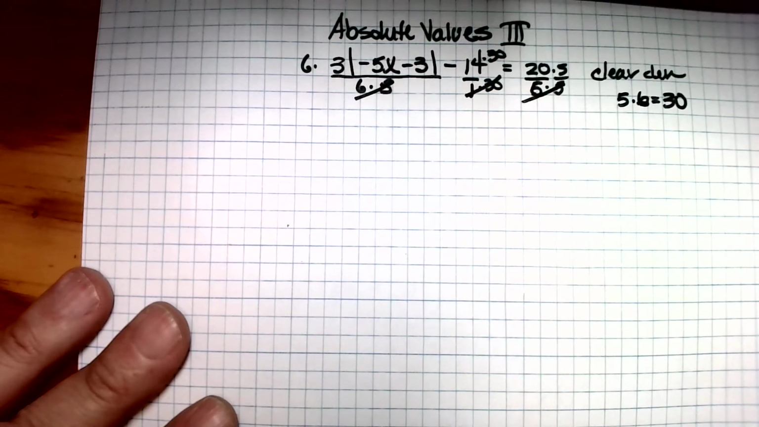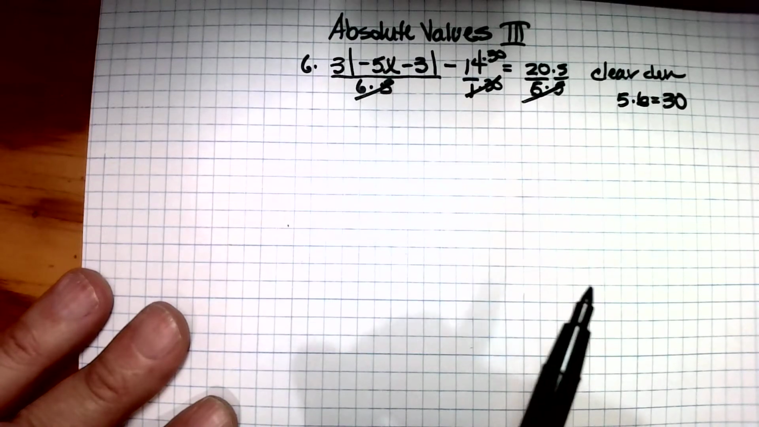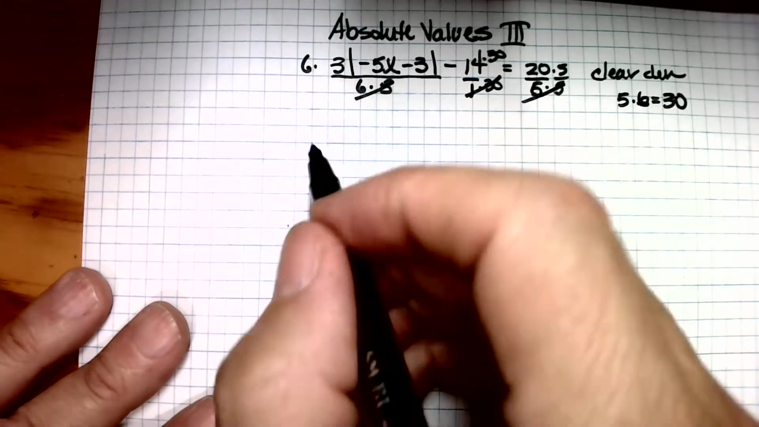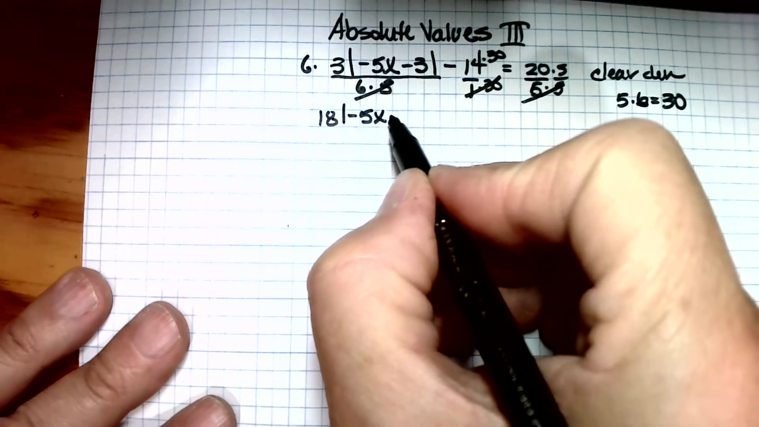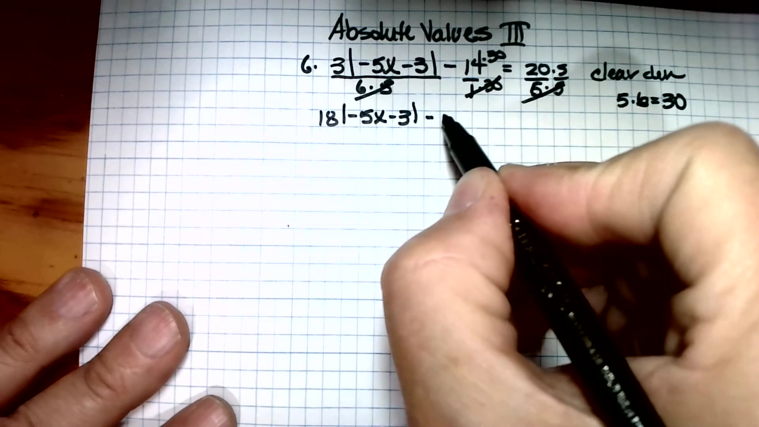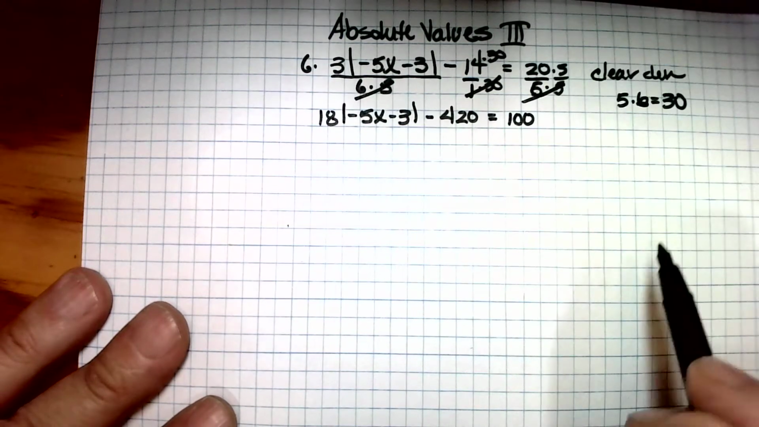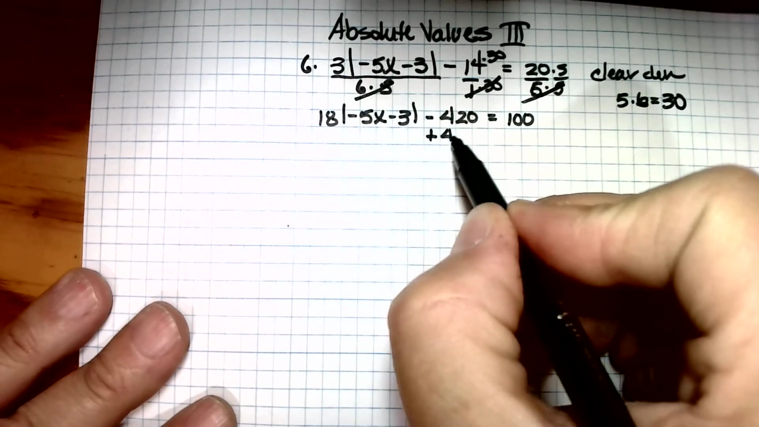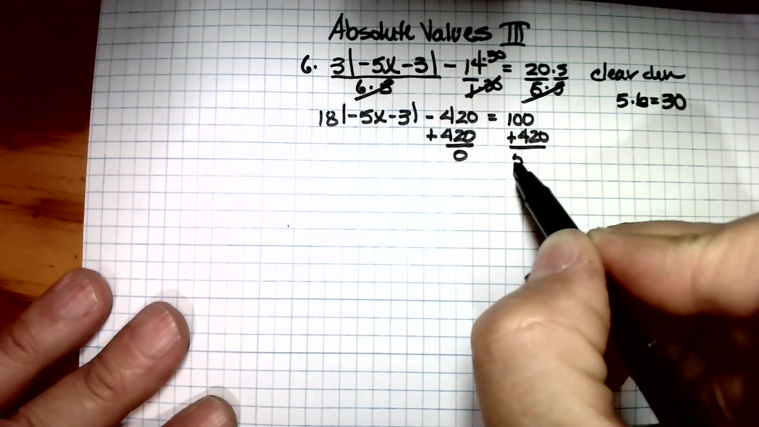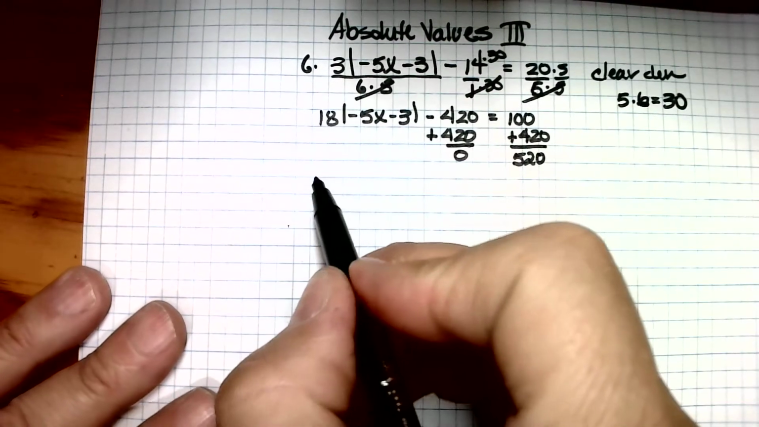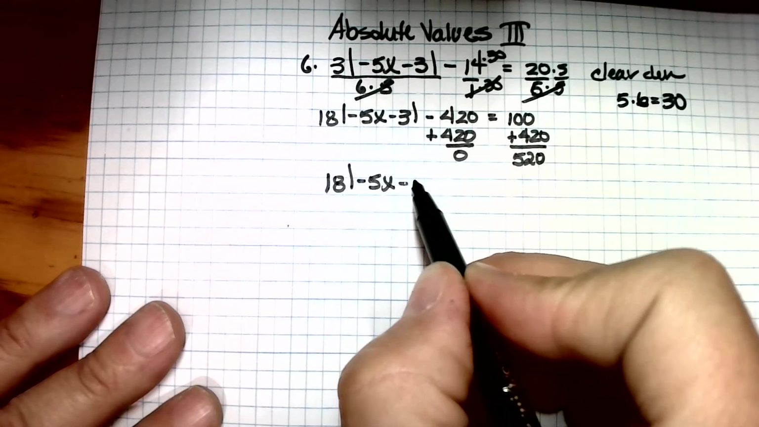So there we go. Multiplying anything by the number 1, it doesn't matter what 1 looks like. It's okay to do that, and it's perfectly legal, and it does not destroy the equality, and that's really, really important. Okay, 6 times 3 is 18. I have a negative 5x. Subtract 3, and then that will give me a negative 420 equals 5 times 20 is 100. Now I will add the 420 to each side, and that 420 will go to 0 on the left hand side and become 520 on the right. Now my absolute value equation becomes 18 times the absolute value of 5x minus 3